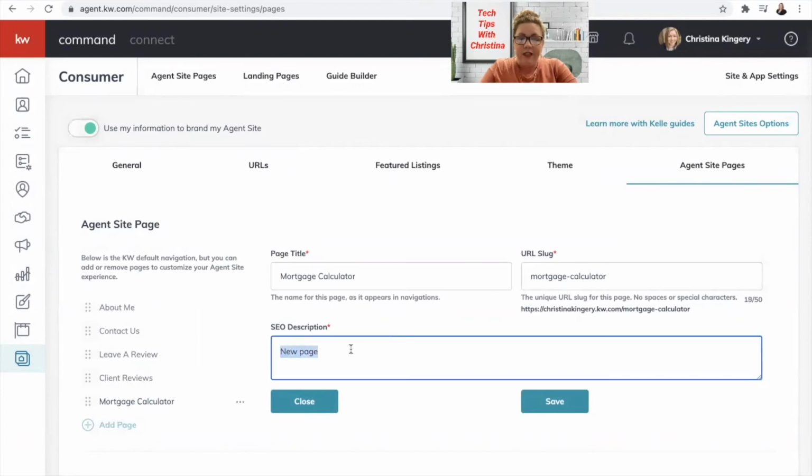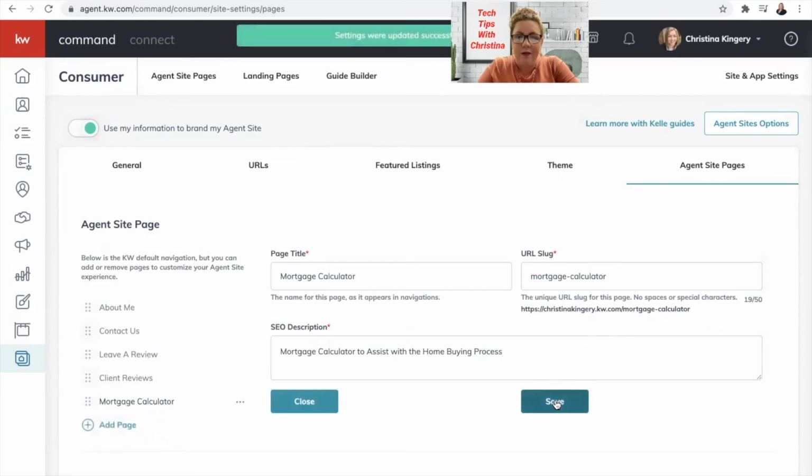And then for the SEO description, you could do mortgage calculator to assist with the home buying process. Okay, so once you have typed all that in there, you just click save, and now your mortgage calculator is